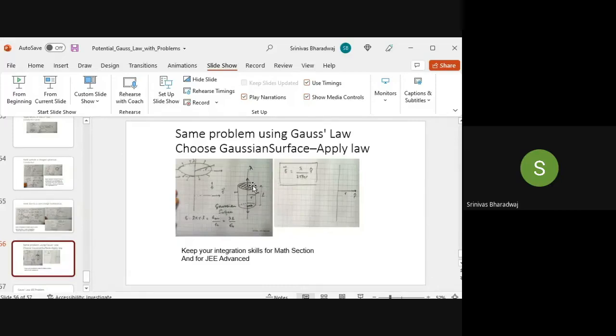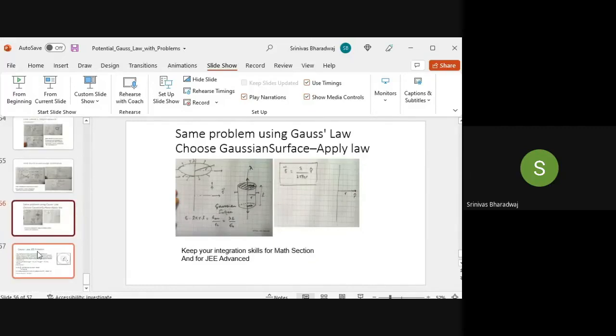So as a result, the top and the bottom don't produce any result, but only this part of the cylinder has an E dot dA. For the top and bottom, E dot dA is 0, because E and dA are perpendicular to each other. Okay. So with that, I'm going to stop, and I'm going to tell you to do all kinds of problems involving